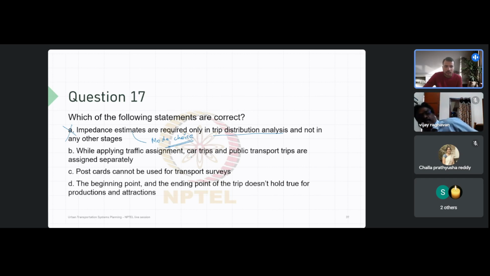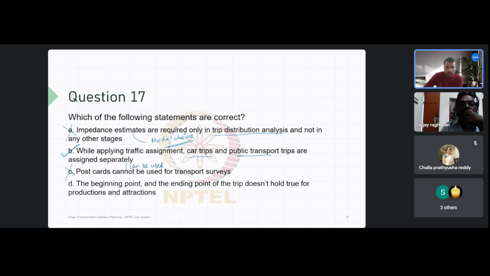While applying traffic assignment, car trips and public transport trips are assigned separately. So yeah, this is correct. We put both of them in separate bins. Postcard cannot be used for transport survey. So this is also not correct because they can be used,